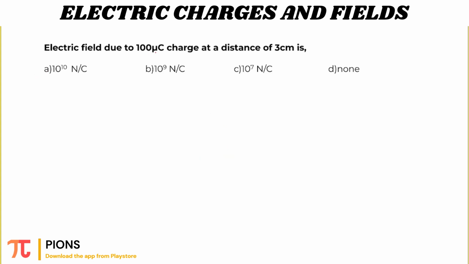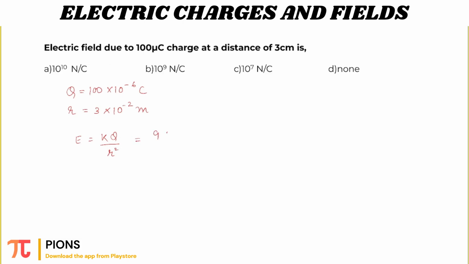Electric field due to 100 microcoulomb charge at a distance of 3 centimeter. So let me write here Q is 100 microcoulomb. So micro is 10 to the power minus 6 coulomb, and distance, let's write it R as 3 centimeter, which is 3 into 10 to the power minus 2 meters. Now the electric field E will be nothing but K Q by R square, and that will be equal to,